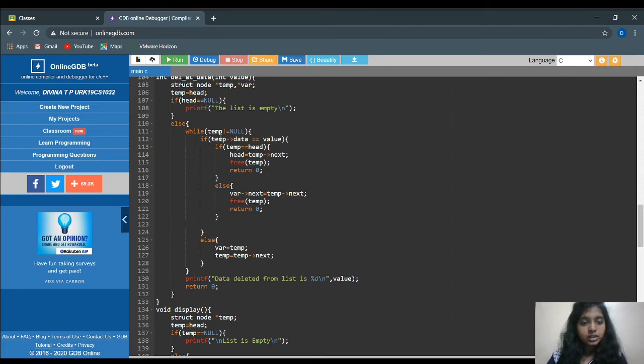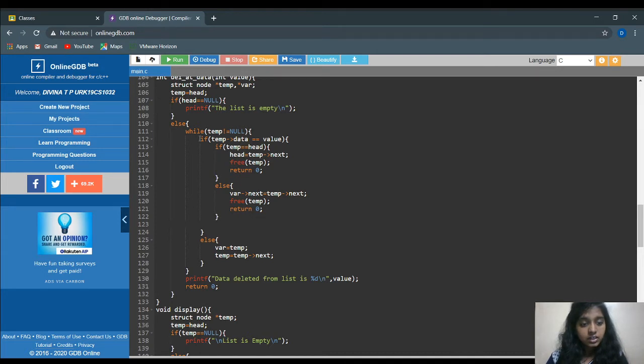If not, if temp is not equal to null, which means there is a number, these parts will be executed. Then I have given an if condition, and all these parts will be executed. At last the temp variable will be freed, which means it will be deleted.